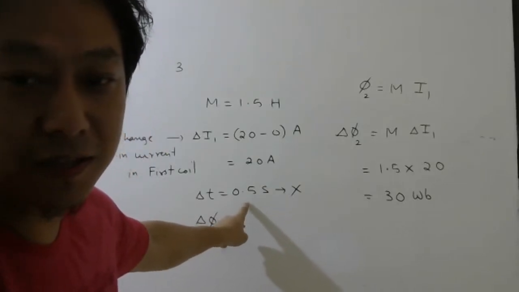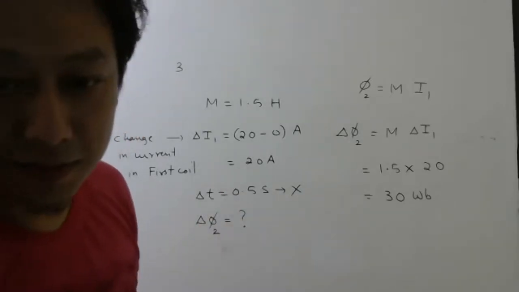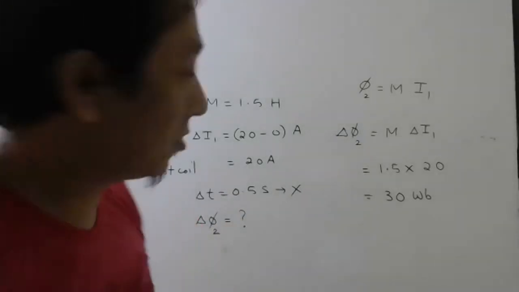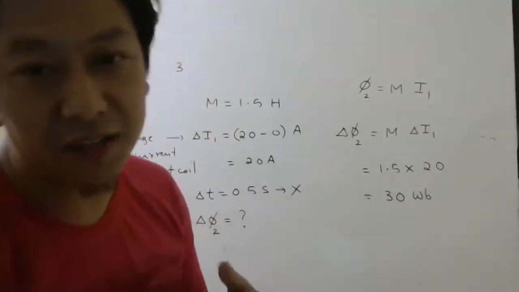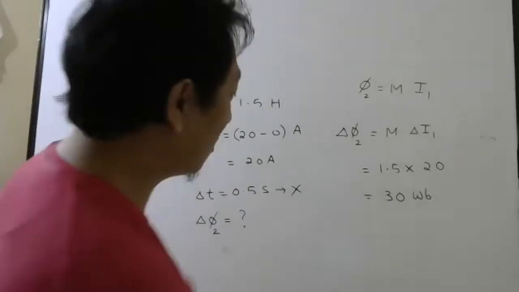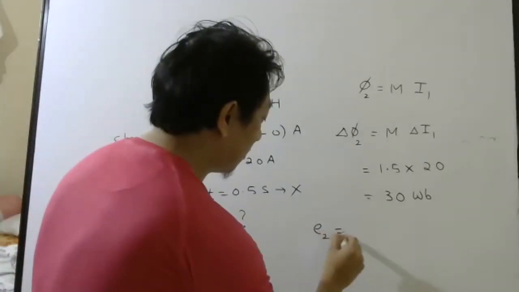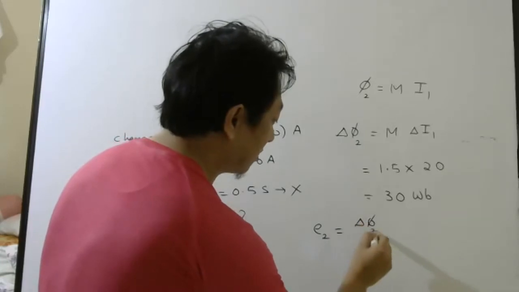When will I use this? If they ask what? Yeah, very good. If they ask EMF. So if they ask, let us do that also. No, in board exam, so 2 parts will be there. This cannot come for 5 marks. So they may include EMF in the second coil. So EMF in the second coil will be from Faraday's law.